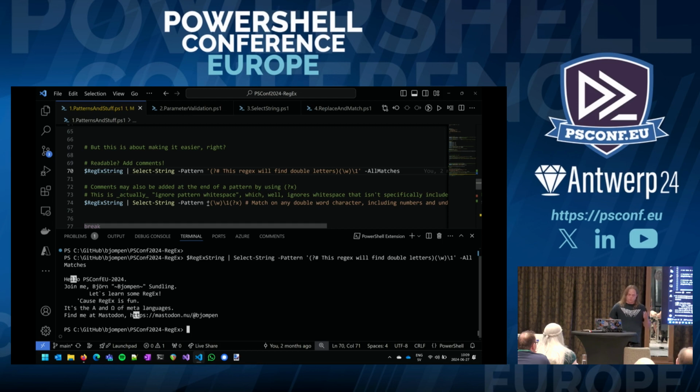We can do this using the question mark X operator as well. This is a bit quirkier, because question mark X in a grouping is basically saying ignore white space, which means if you want to capture white space using this one, you have to also add the white space. You can't just type a space and expect it to be captured. I will actually show a bit more of this later.